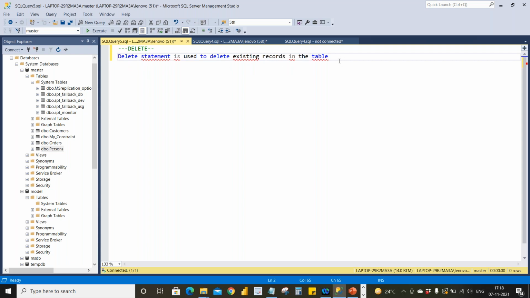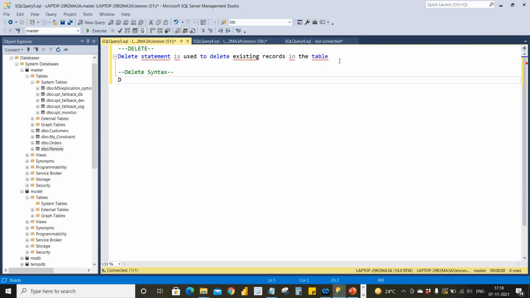If you have created something duplicate, or if you don't want this particular record anymore, or if you have mistakenly created two or more records, the delete statement is very useful.